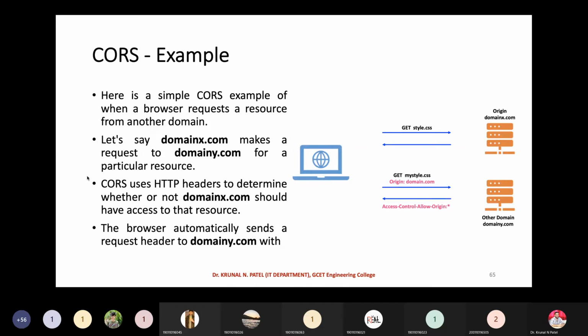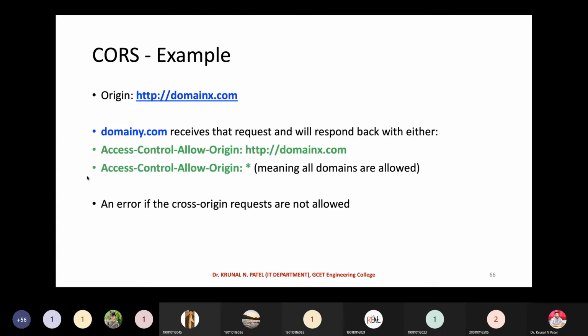Now the browser automatically sends a request header to domain Y with Origin http domainx.com. So what will happen? At the domain Y side, domainy.com receives that request and will respond back with either the specific origin or with a star, meaning all domains are allowed.